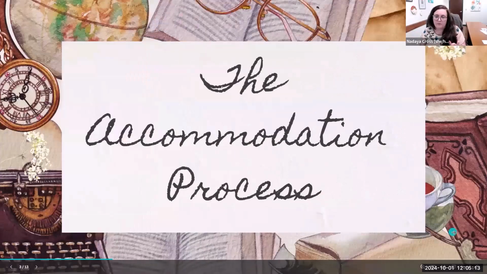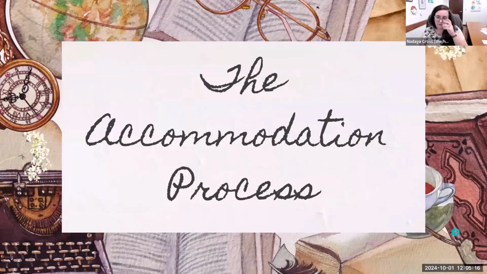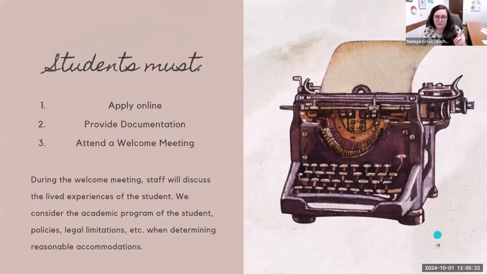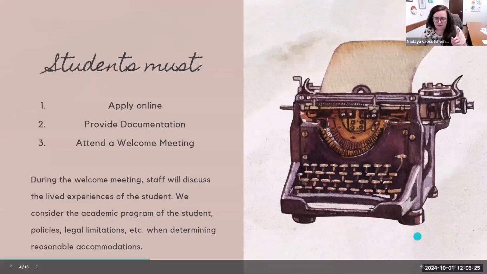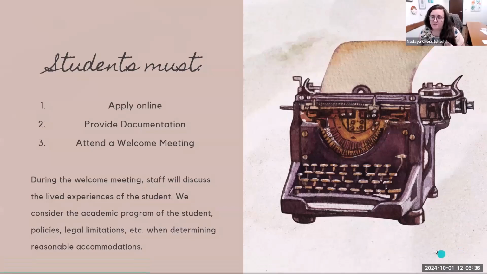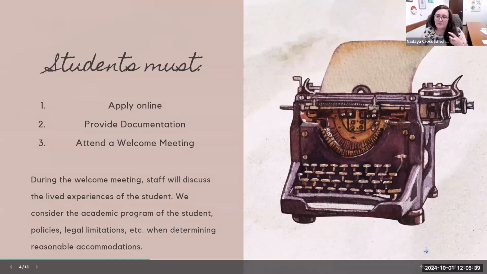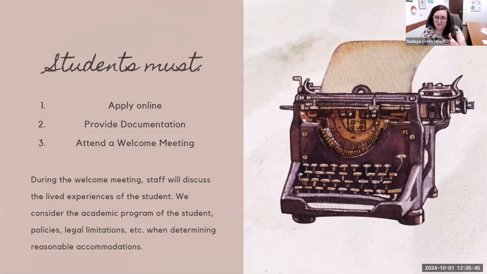So I want to share real quick the accommodation process that students have to follow, and then we're going to dip into access. This is a very quick overview of it. First off, students must apply online. The law says that they are required to self-identify as a disabled person. We do not go hunt them down in the classroom, like you may have seen in the K through 12 world. The student must provide us documentation from a qualified provider that is an expert in the field of disability or historical information about where they had accommodations in the past. We try to not make that a huge burden for them. We want them to be able to engage with us as quickly as possible.